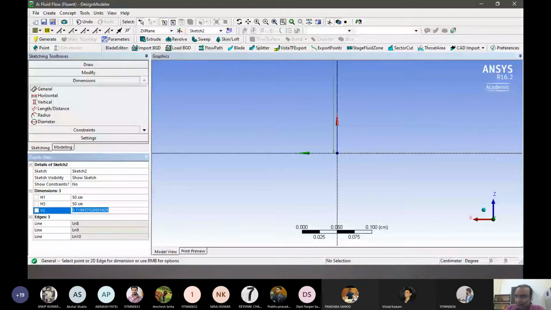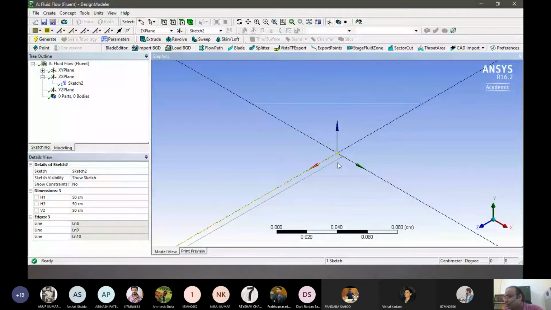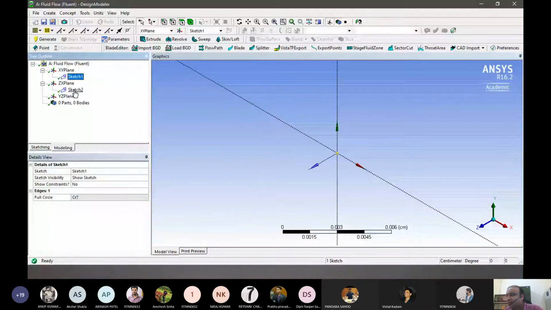And if we look a little bit out, that's how it is, right? If we just want to check where both of these are, our sketch 1 is here, and sketch 2 is here, so perfectly perpendicular, that's okay.